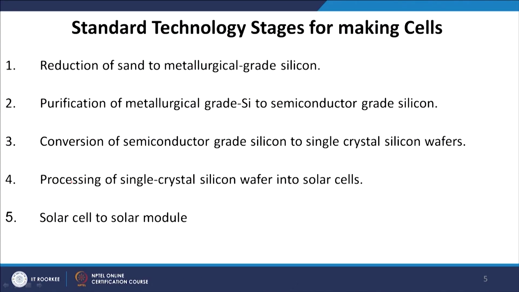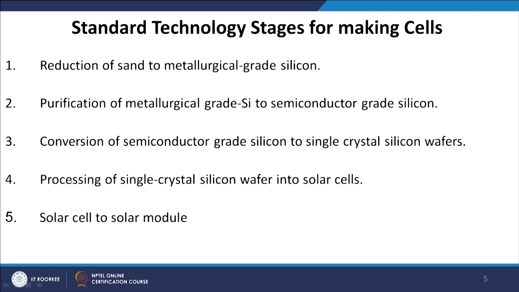Now, the silicon which we usually get by the purification or by heating the sand is not as pure as this semiconductor grade silicon. That has a purity of 99% even after doing different processes, and that kind of silicon is called metallurgical silicon, and metallurgical grade silicon has to be further purified to get a semiconductor grade silicon.